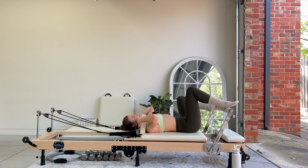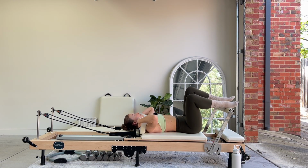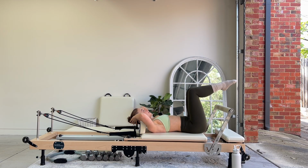Beautiful work, everyone. All right, we're going to transition straight into a bit of core work from here. So can we just wiggle ourselves just a teensy bit out of those shoulder blocks? We're going to float our legs into tabletop and just start by finding those hands behind your head here. Now for this exercise, we're going to be doing a little bit of oblique work, but we're not going to